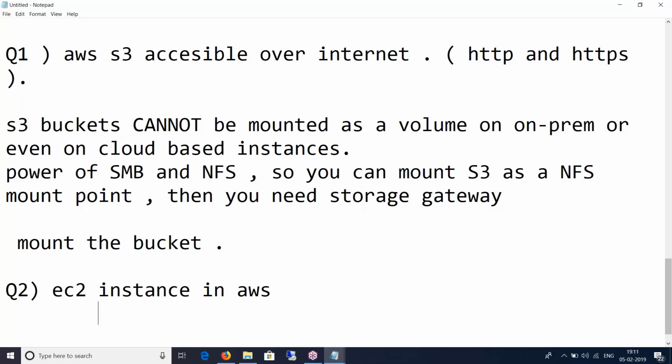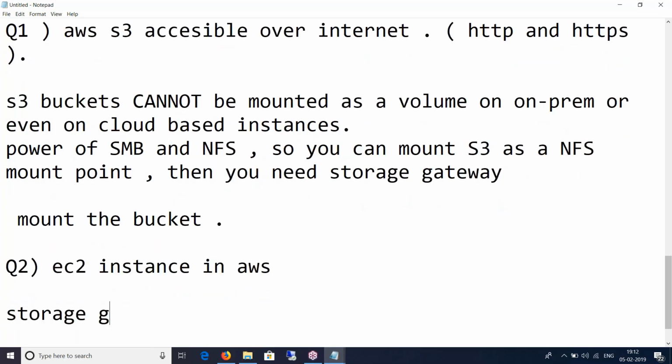If something happens to my hard disk, I don't want to take that chance. So also, I do not want to create virtual machines on my premise because I really cannot afford it because I'm a startup. So for such purposes, Amazon gives you the flexibility to create an EC2 instance and use that as a storage gateway.